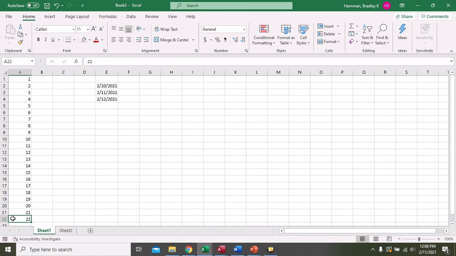So what this says is that numbering of dates starts at 1/1/1900